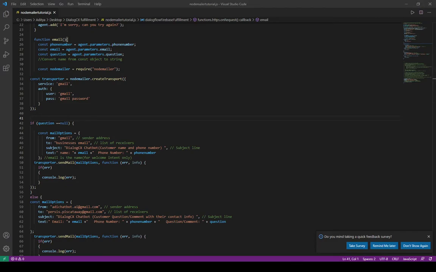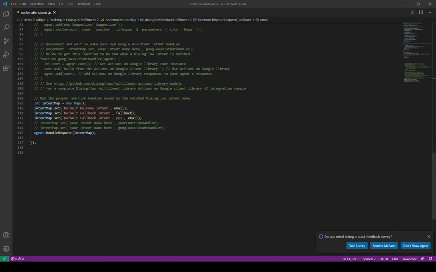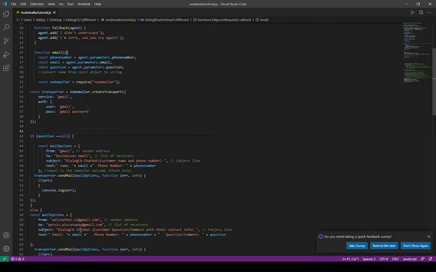So there are actually two intents in which my chatbot takes the customer's name if they opt for that package. So I have two packages. One in which the chatbot can take in the customer's name and phone number or email in the beginning of the chat, and a feedback system where it takes the customer's name, phone number or email, and their question or comment. So basically, I enabled fulfillment for both of these intents, and it ended up coming as this